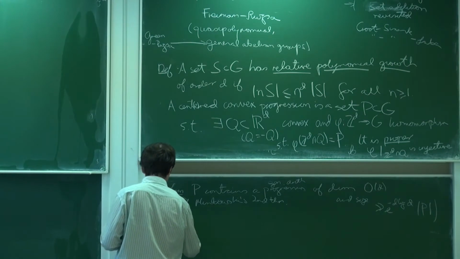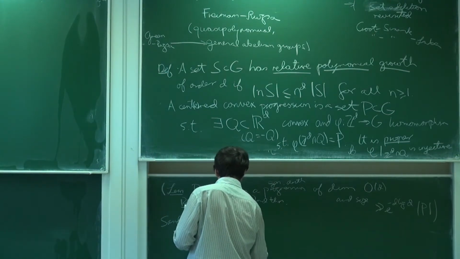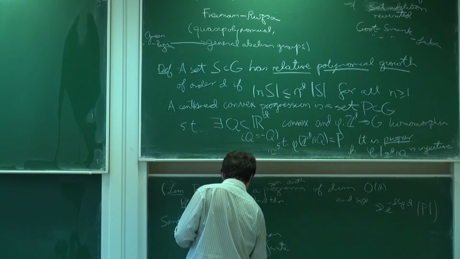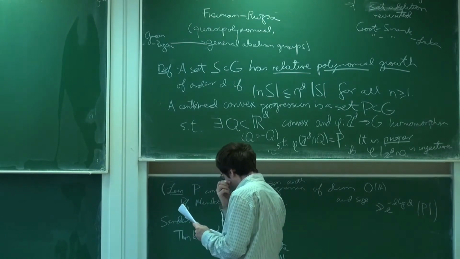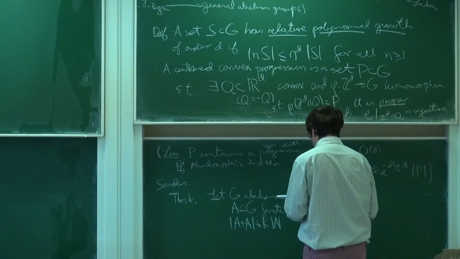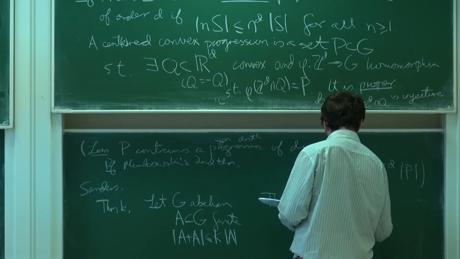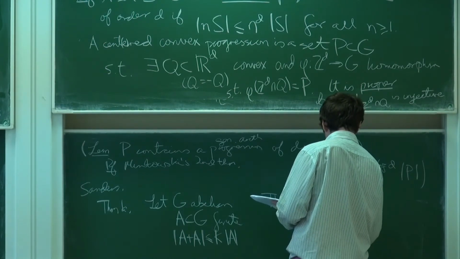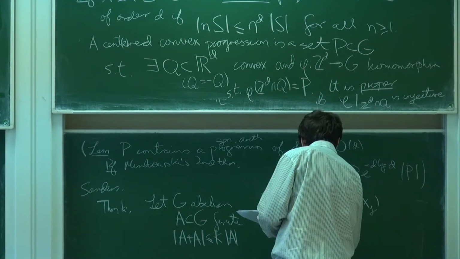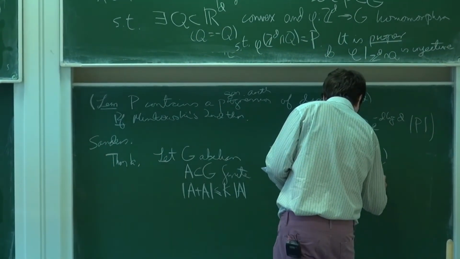So there's Theorem 1a. Let G be an abelian group, and A a finite subset of G with A plus A at most a constant K times A. Then A is contained in the union of, so let me put it this way, at most e to the log K to the fourth copies